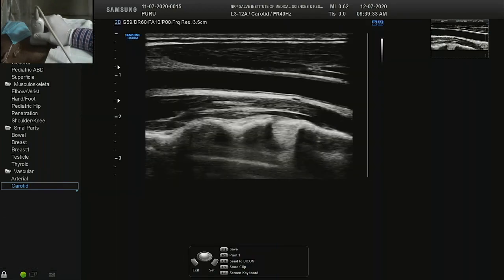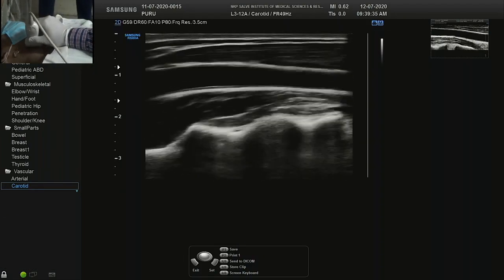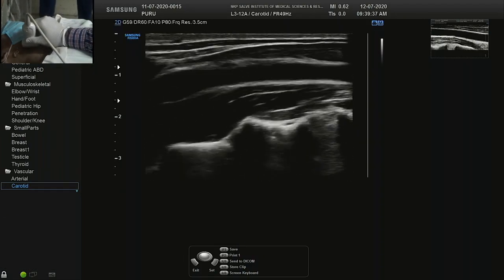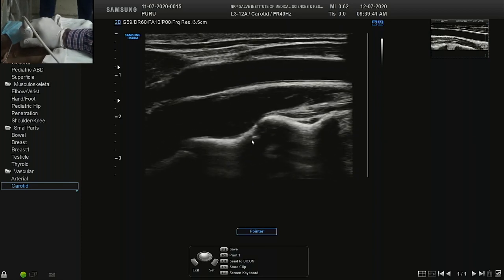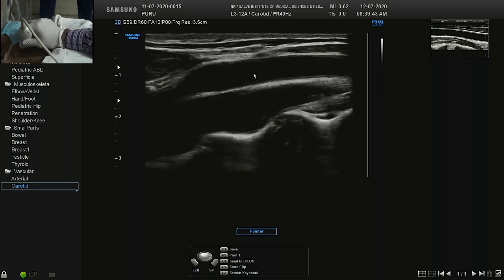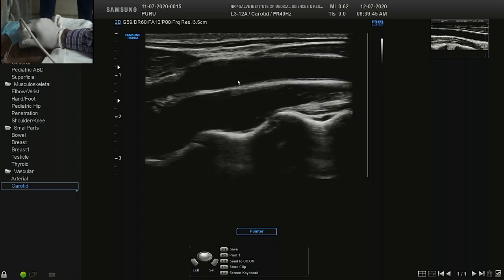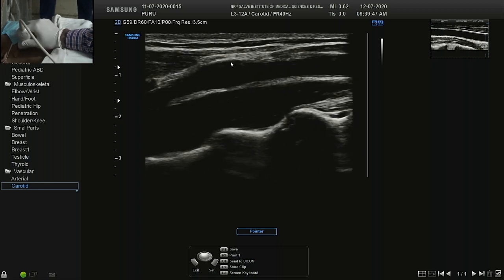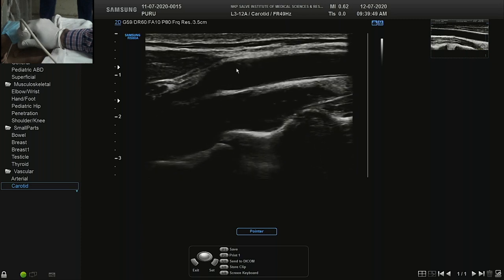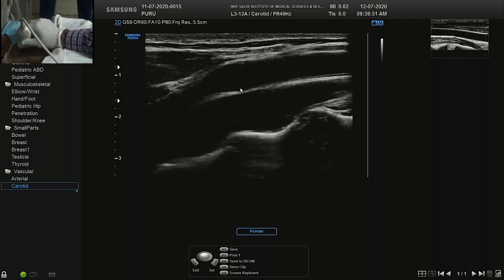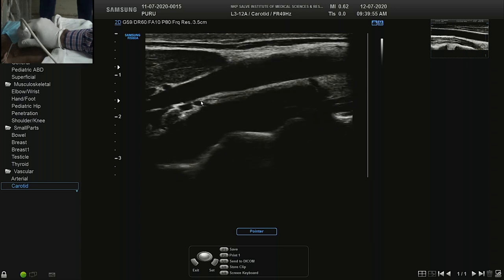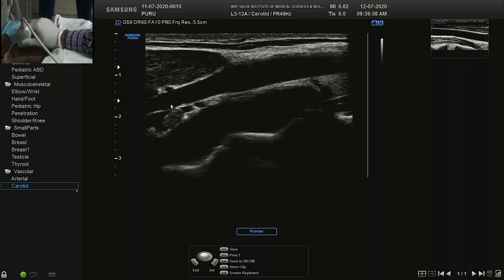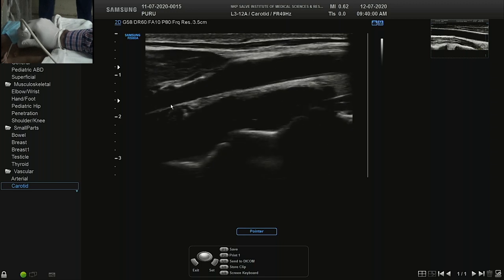We had magnified, so we'll go back and try to screen this in the upper part of the neck. Here what you are seeing is the common carotid artery in long section and a little bit increase in size. So this is the bulb region, and from the bulb region you can see this is the internal carotid, and if you move the probe to the medial side, this is the external carotid.